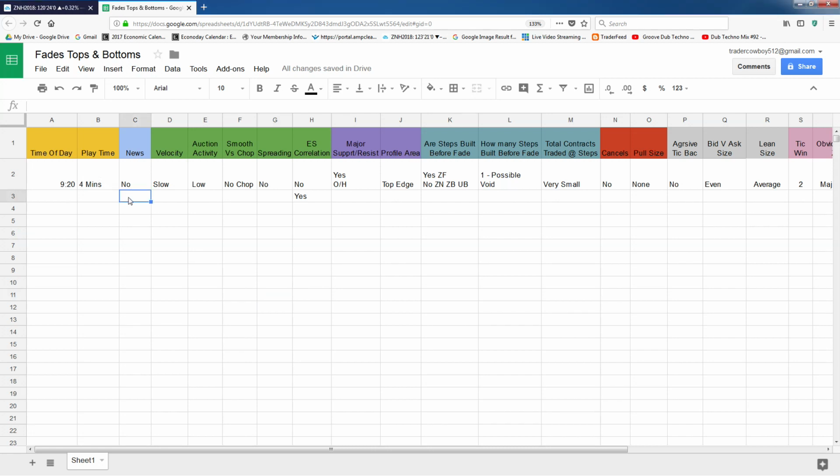I know for sure there is definitely no news. Velocity is slow. Low auction activity, no chop. Spreading, nope. No ES correlation. No major. We've already broke past the